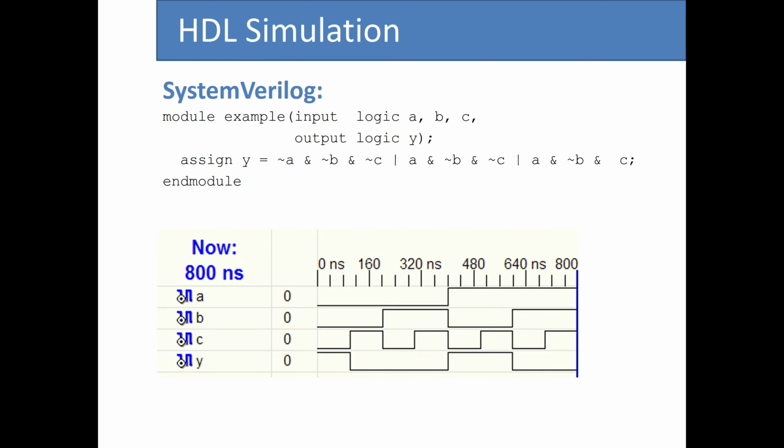But after defining the module, what comes is the simulation part. For the simulation, you can think of it as creating the truth table for this function. What you basically do for the simulation is that you specify the sets of inputs over a period of time, and then for each one you calculate the output. So for the function that we had, a bar, b bar, c bar, or a, b bar, c bar, or a, b bar, c,